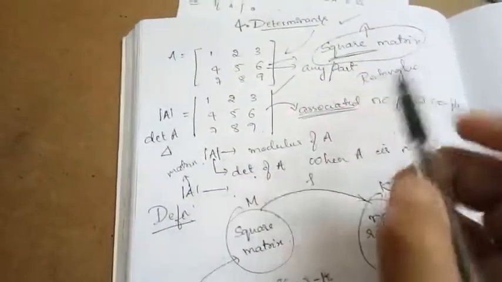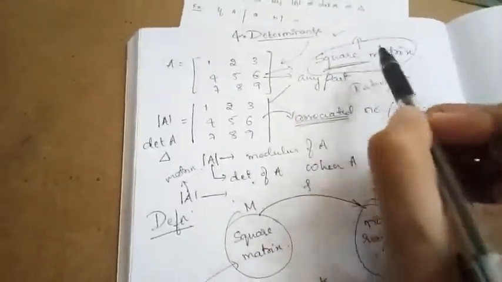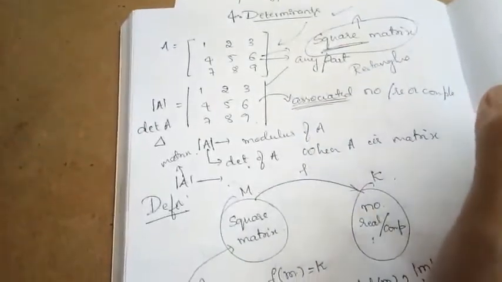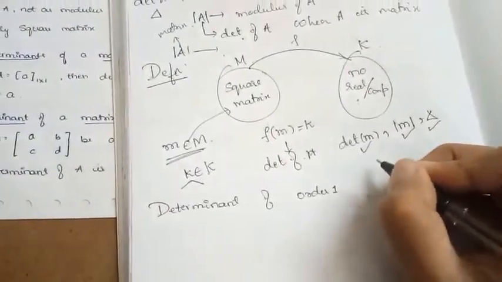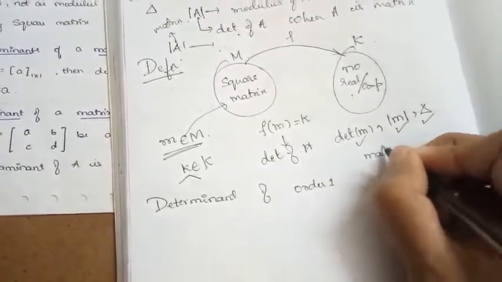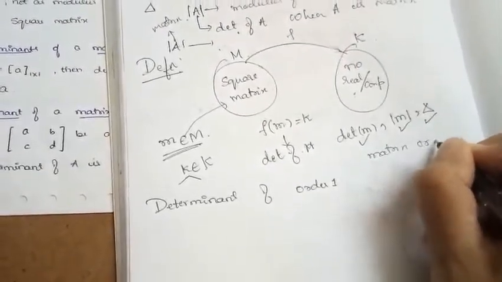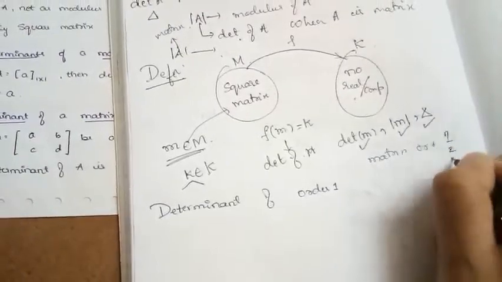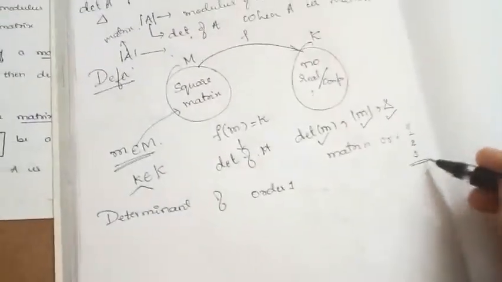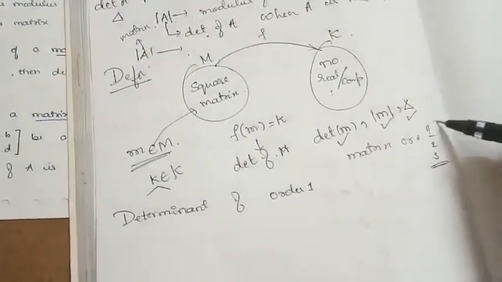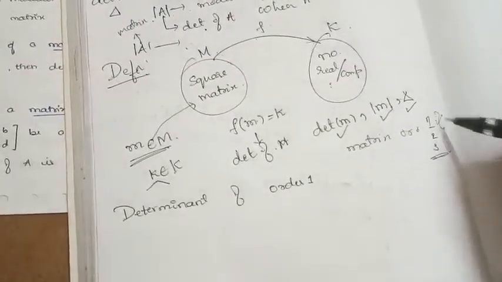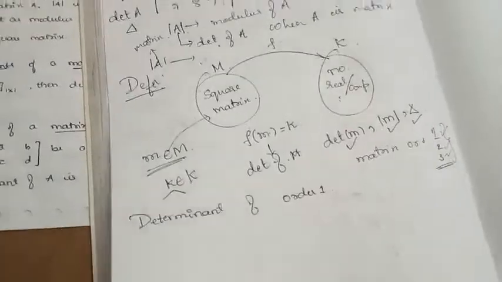If I say like this, it means that the matrix must be a square matrix only. So in this chapter we are going to find the determinant of a matrix of order 1, 2 and 3. Beyond this we are not studying here. So in this chapter we limit ourselves to order 1, order 2 and order 3. Let us find the determinant of order 1.